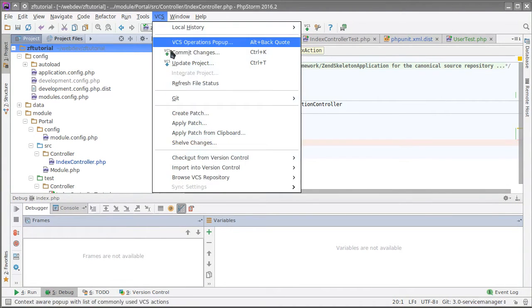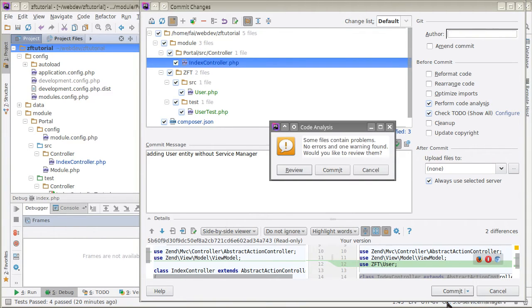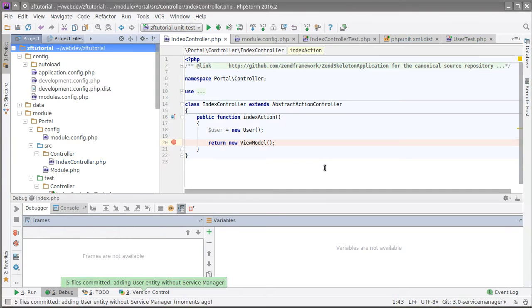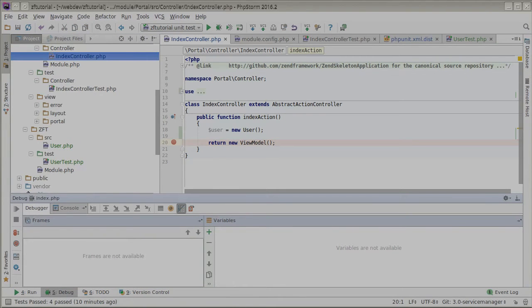This looks like a good place to make a commit. We're going to call this adding user entity without service manager. Committed. So far we did not actually need service manager, but what happens if we don't just want to create blank user objects,